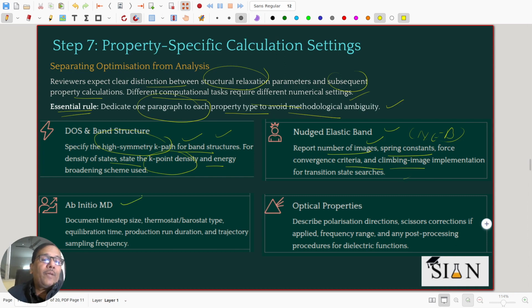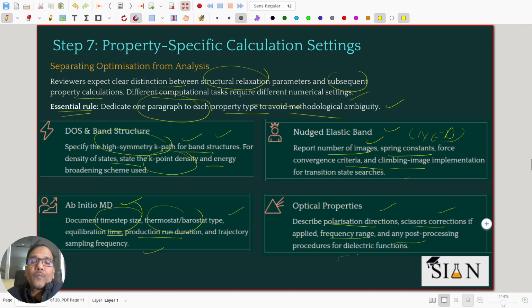If you are using ab initio molecular dynamics simulation, then the time step size, thermostat or barostat type, equilibration time, production run duration, and trajectory sampling frequency. All these parameters one has to report. For optical properties, we have to specify the polarization direction, scissor corrections if any, and the frequency range, and